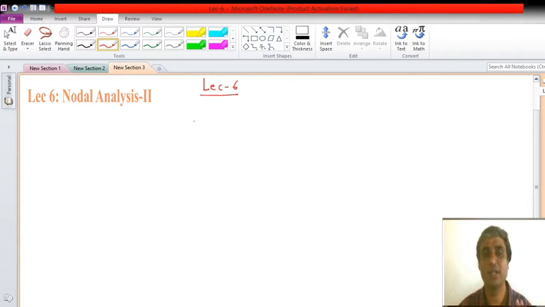Then we have taken one example which consists of resistive elements with independent current sources, and we have followed all the steps, and we came to the conclusion that if the circuit consists of independent sources and they are resistive, whatever the formulation I do in terms of linear algebra form, I will get one admittance matrix, and in that admittance matrix the diagonal elements will be the addition of all the conductances which are connected to that node, right?